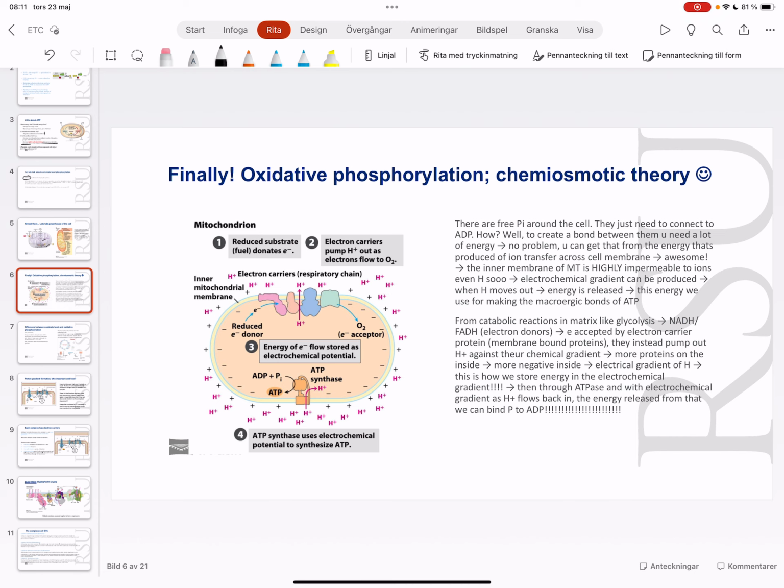Okay, so this little thing that I've written here, you can read for yourself. Okay, so oxidative phosphorylation, chemiosmotic theory. This is what it is basically. Here you have the mitochondria. Here, this layer right here is the inner membrane. Here we have the outer membrane. Here we have the matrix. Okay, so what happens is